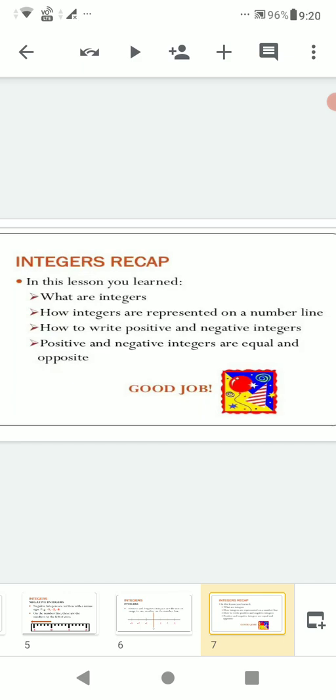A deposit of rupees 200: if money is being deposited in the bank, it will be plus rupees 200. Withdrawal of rupees 700: when you withdraw money from the bank, money is subtracted from your account, so it will be minus rupees 700. And in the third question you will represent the numbers on a number line. Question number 3. And question number 4 you will do that.